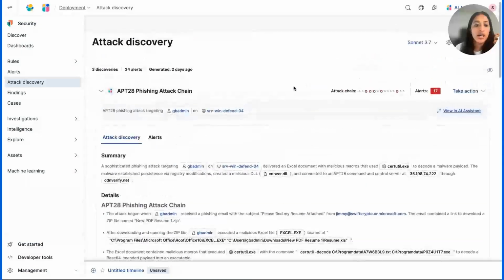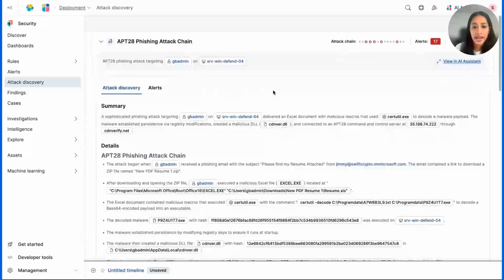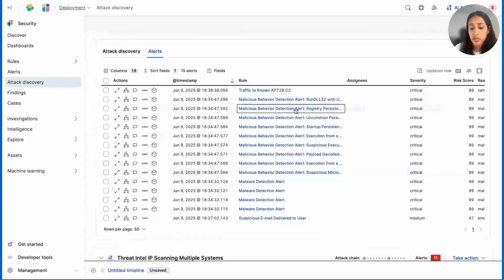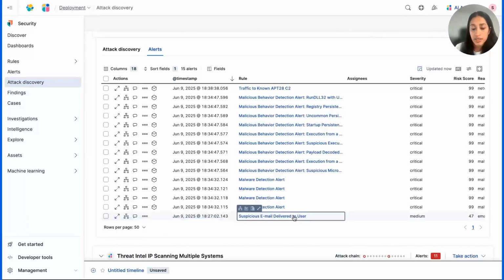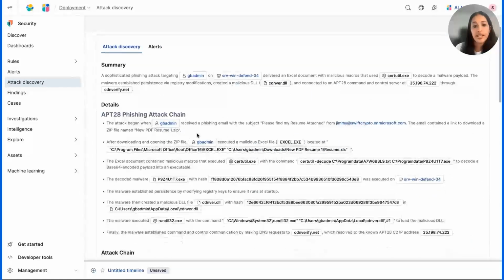So this is another discovery that was made based on the alerts that we had. Here you can see that the alerts are coming in from different sources. For example, this is the data coming in from the Sublime integration that we have, and then this is coming in from the EDR. This is coming in from the network traffic data. So all of this has been correlated to identify this particular discovery, and this says exactly what happened in this